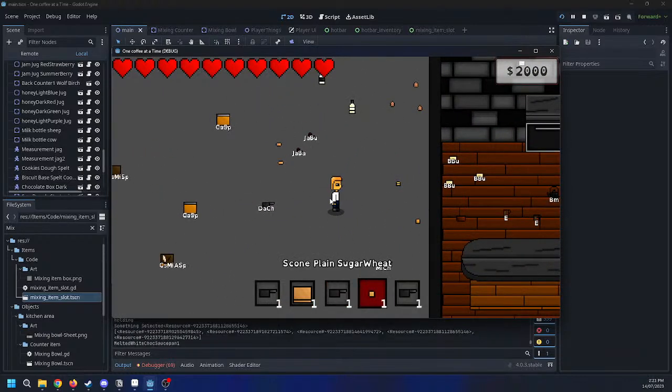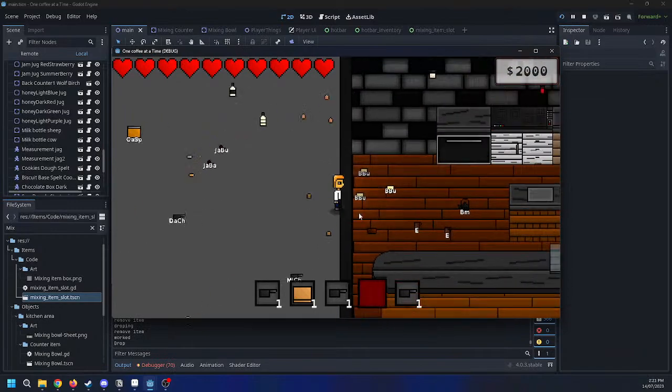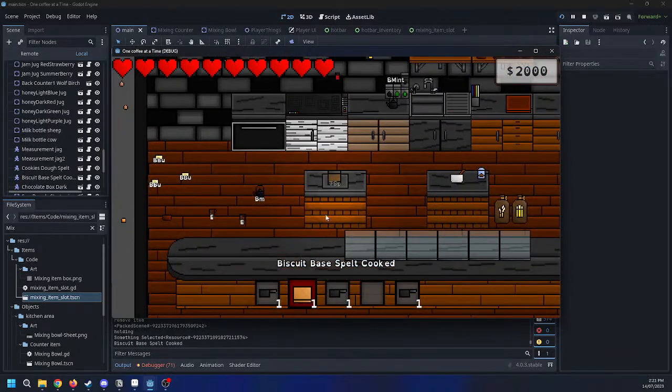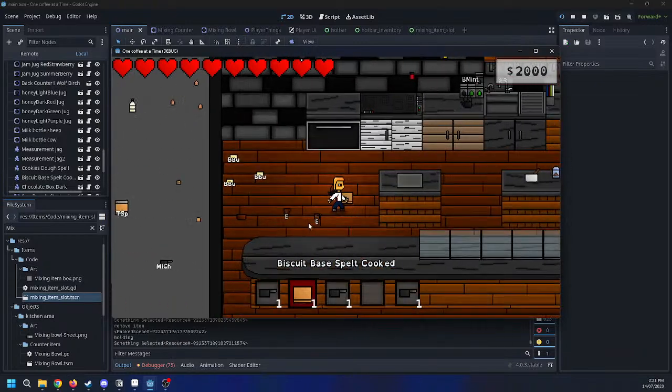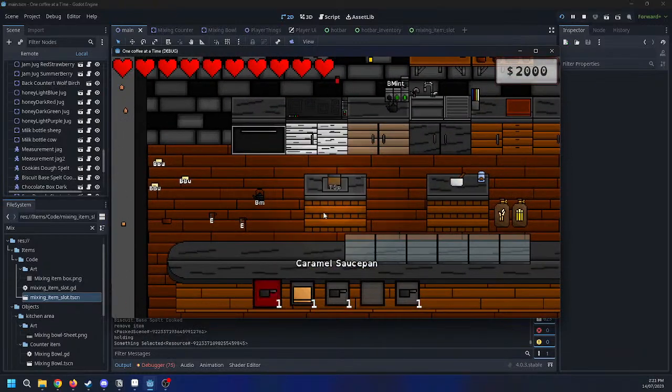Then we want white. So yeah, I've done that with the scones as well. I must have forgot to do it with the biscuit base, because it looks like, oh no, yeah, I didn't do it with the biscuit base and the caramel. White. So you know we can't pick it up, so I'm pressing F and nothing's happening. White and milk.